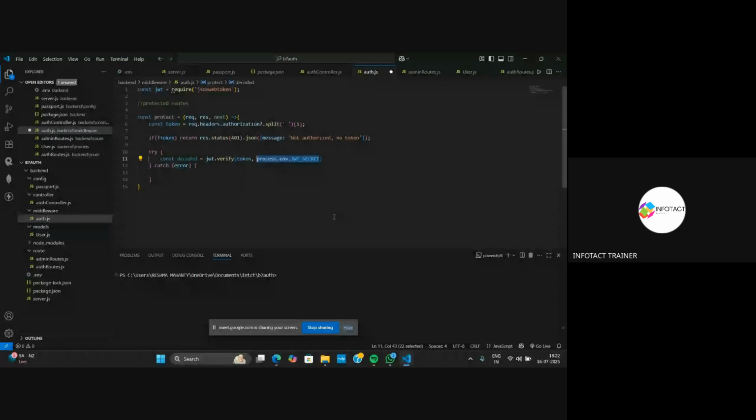So here, what is happening is the token which is getting generated is compared to the JWT secret key. As we know, the token which gets generated also contains the JWT secret key in the form of a digital signature. So we are verifying, not actually comparing, that the JWT secret key which is present in this token is equal to the process.jwt secret key which is provided to us, right? And for this purpose, we use the verify method of the JWT